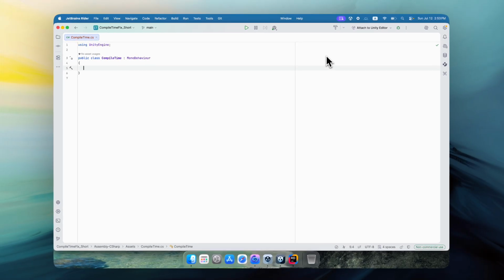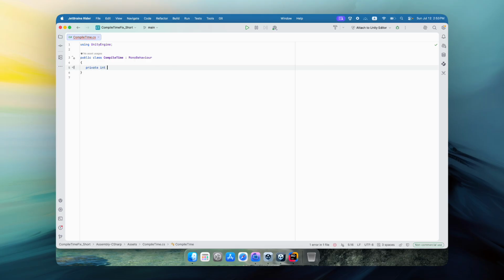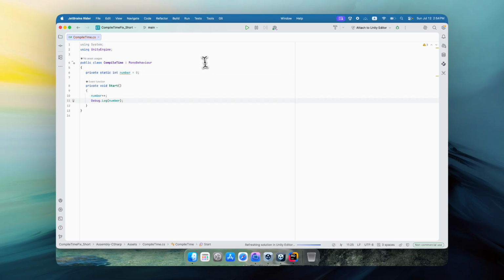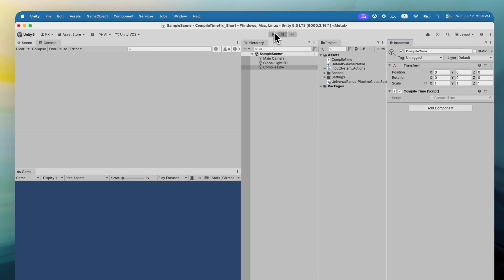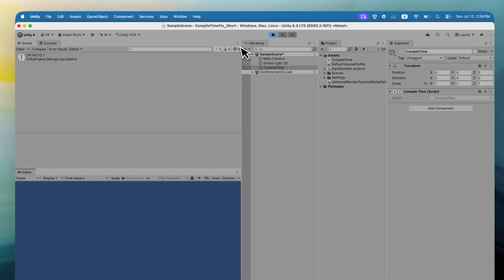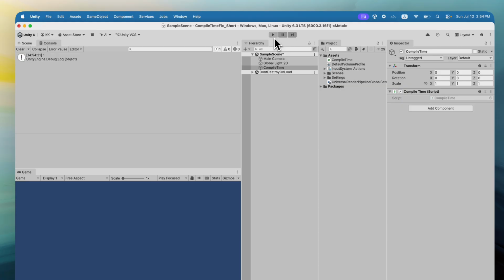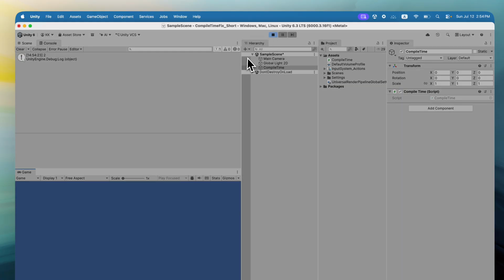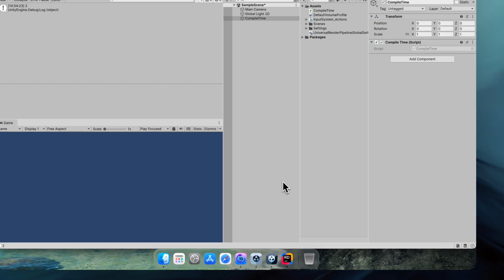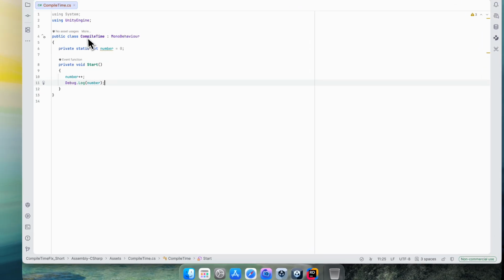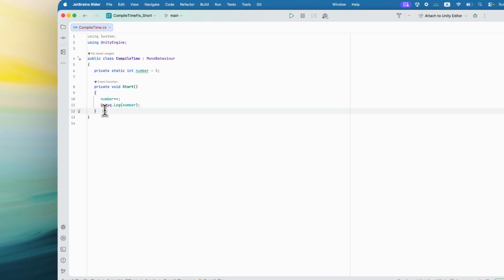The problem is if we have a static variable, hit save, and let's go back to Unity. If you hit the play button, you will see 1 here. If you stop and hit play again, you will see 2. Static variables aren't reset. There's a really easy way to solve this, and that is to create a function with